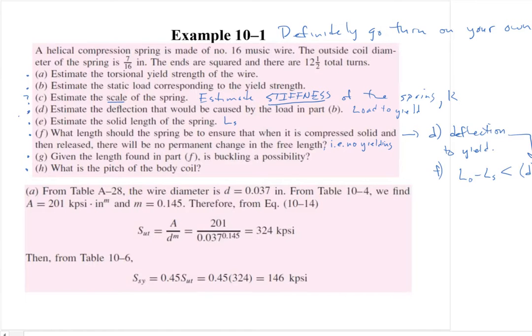Go forward a little bit to this example, and that's exactly the first thing that they do. They find SUT. They're using, just to let you know, table 828. They're getting wire diameter. And then they're getting A and M from table 1024. So this kind of gives you a roadmap, this blurb right here is a roadmap of tables and equations